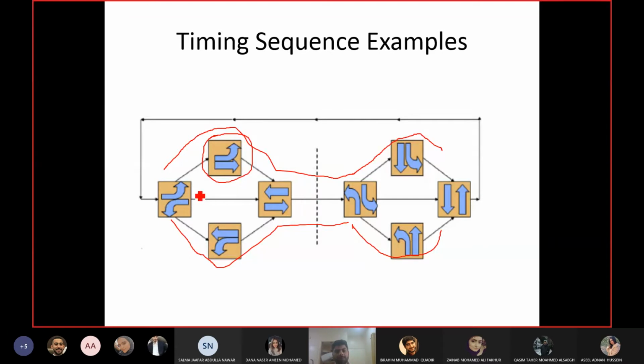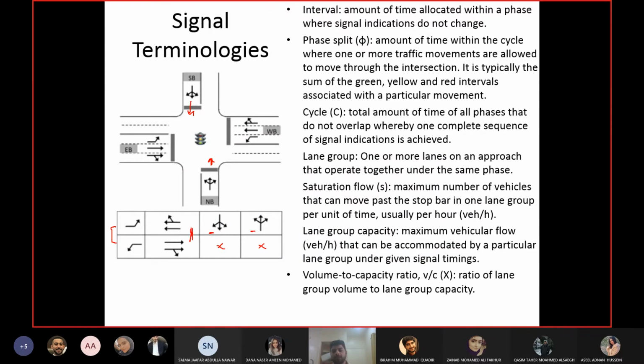Okay, same movements are happening, right? So if you count it here and then you count it again, you are counting the left turning in one twice, and this one twice, and then you are counting the straight movement in this one and the box number 2 again twice. So you will get a total time which is more than the actual cycle length. We don't want to count the overlapping phases here because obviously movements are being repeated. So we don't want to repeat the time.